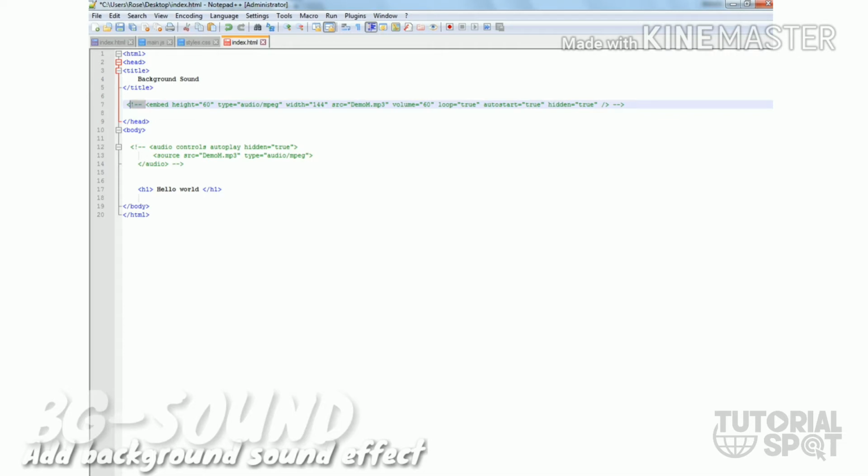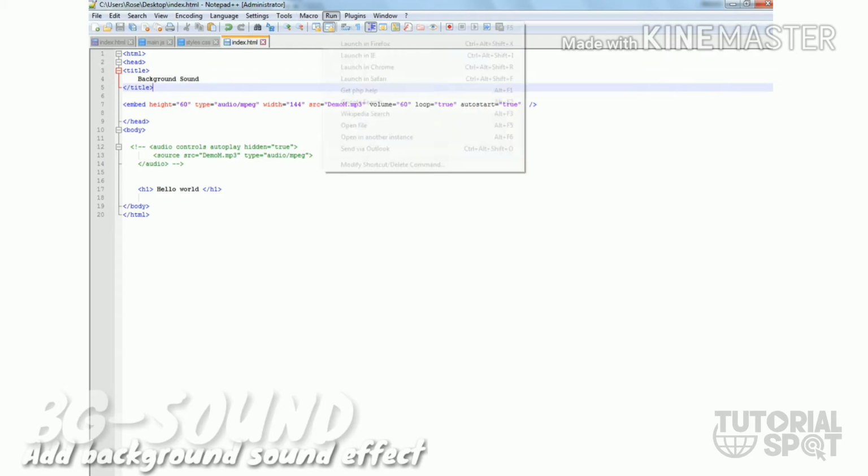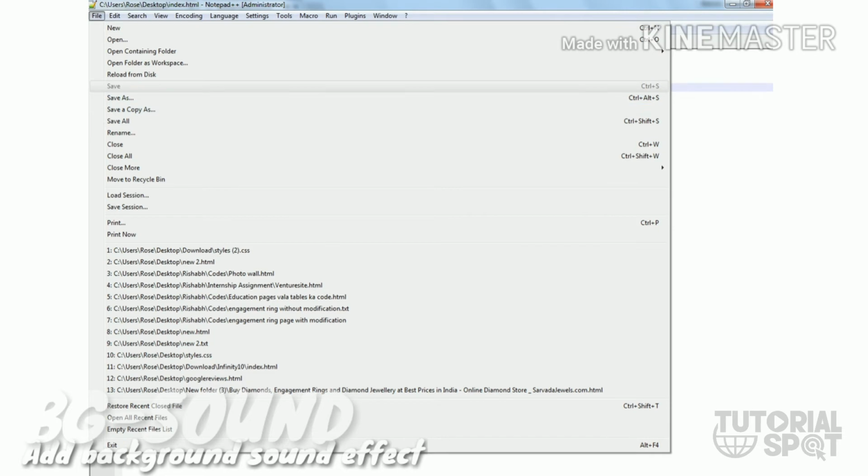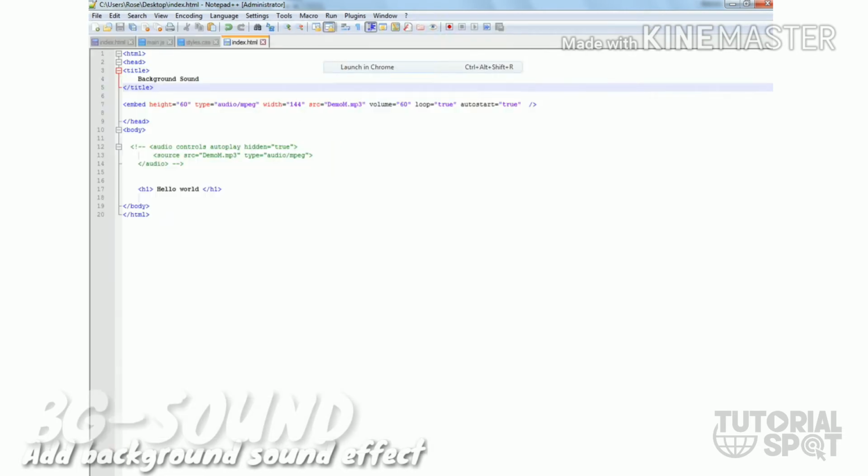So let's first take that comment out and save. Here you can see I have erased the hidden attribute for now, and run. So here you can see these are the controls, and this is the video which is playing now.